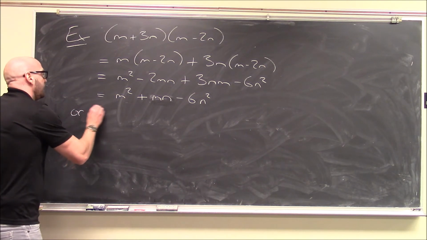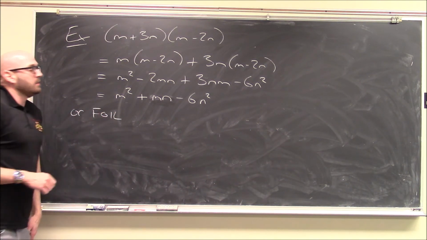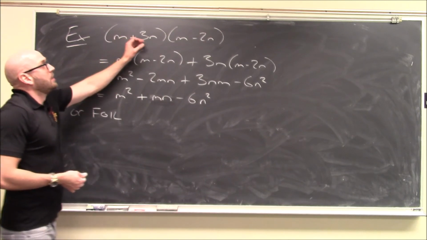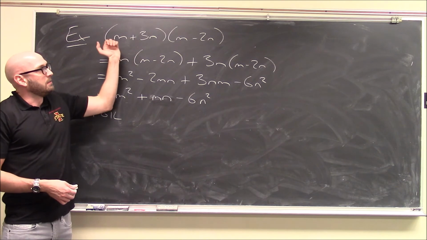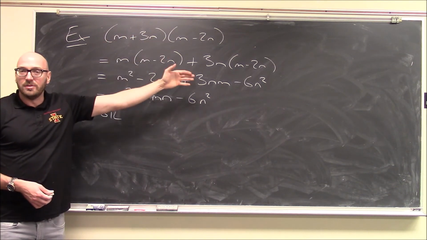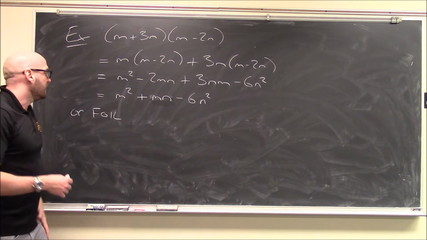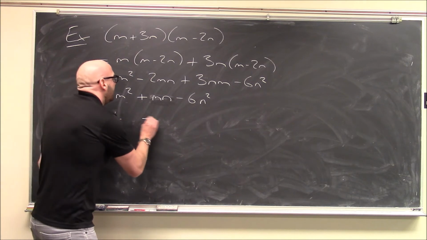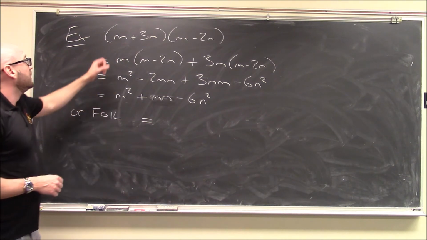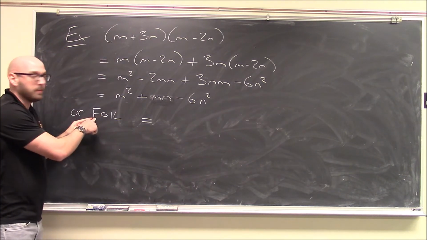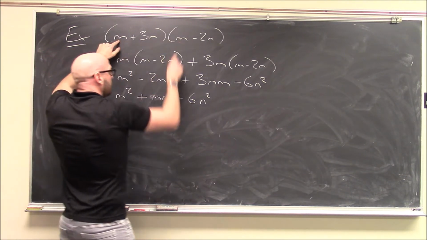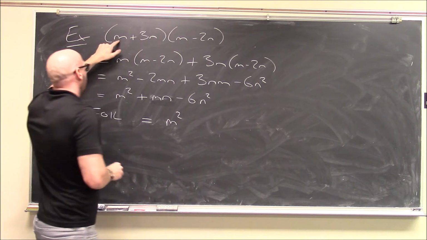Or you could just FOIL this. And to be honest, this is how most people would proceed with a binomial times a binomial, is you do so much of this multiplication of polynomials in practice that you do a lot of it mentally. And remember, FOILing says, okay, multiply F for first, multiply the first terms together, m times m is m squared,